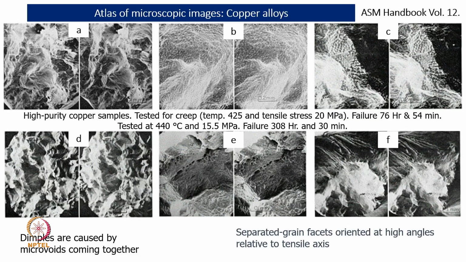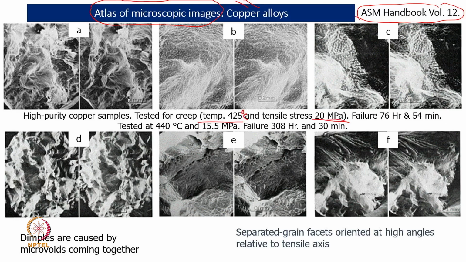Now, another thing I want to refer to: the ASM handbook has published a number of atlases for different materials. I am not able to cover all the materials and every kind of failure, so I am giving this as a reference. This is what we call an atlas of microscopic images. We are trying to show copper alloy, and the copper behavior at different temperatures. In this case, the first, A B C, has been shown for a temperature of 425 degrees centigrade,